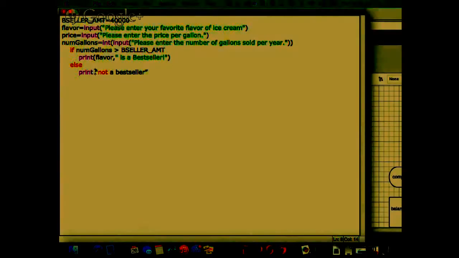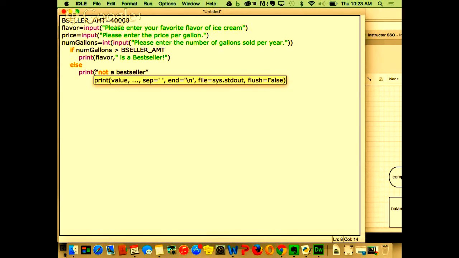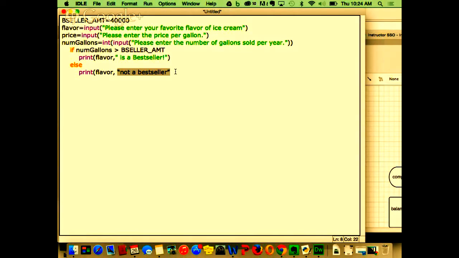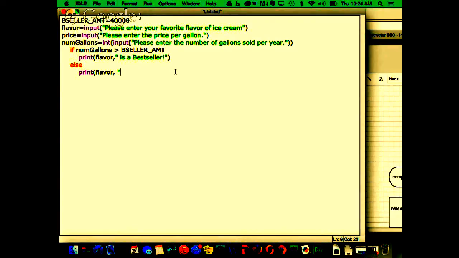Is a bestseller. Else print flavor is not a bestseller.